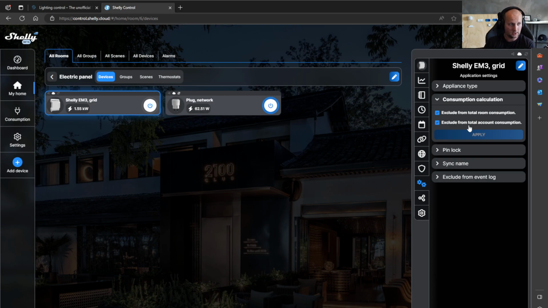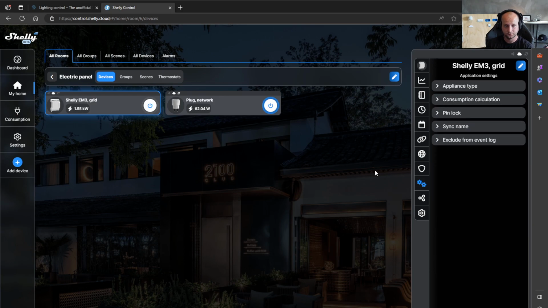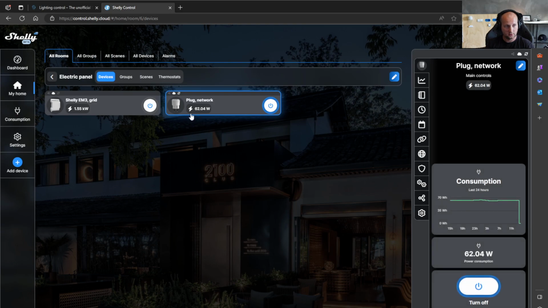And also be aware that I have now excluded this from my total account consumption because I've not done it for my single devices, just to be sure that I don't have any double measurements in my system.